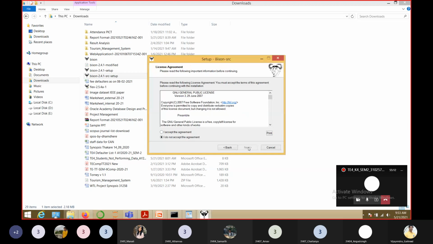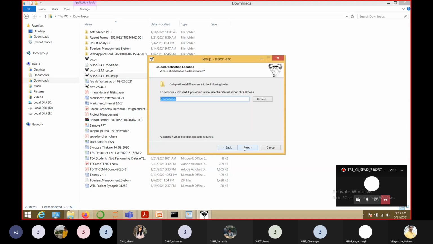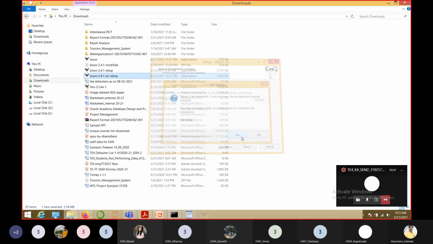I'll click next, accept, next, and here you have to provide the same by default. It has program files, but you will remove that program files from here and then click next, next, next, and install it. No different thing.